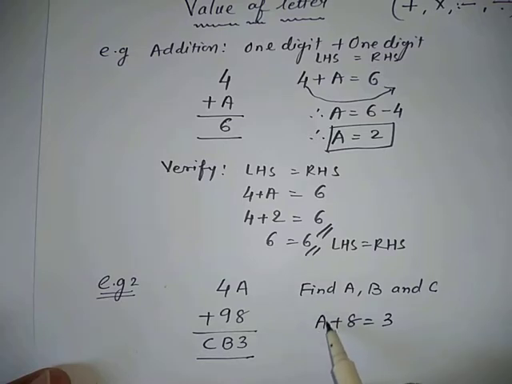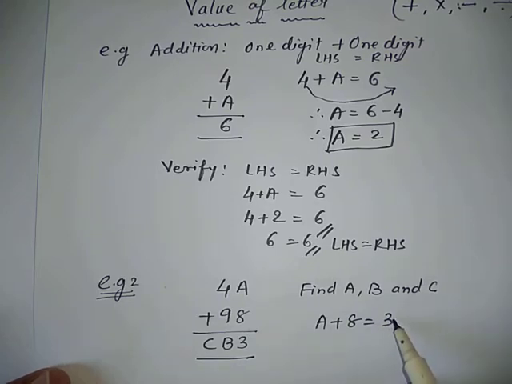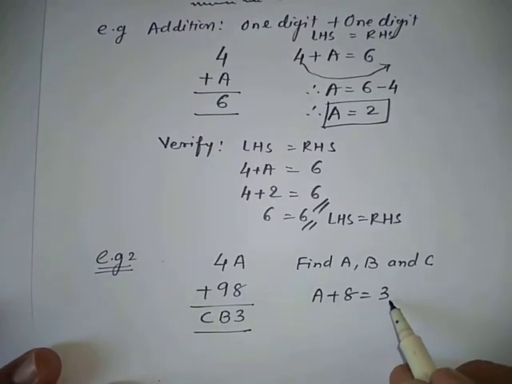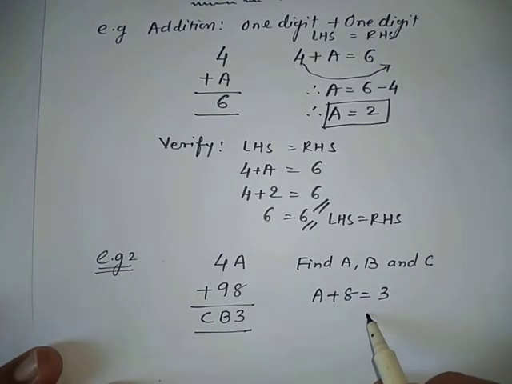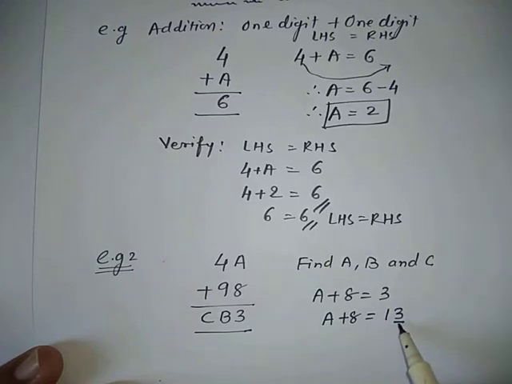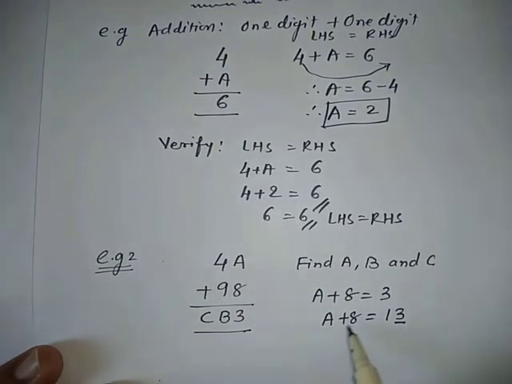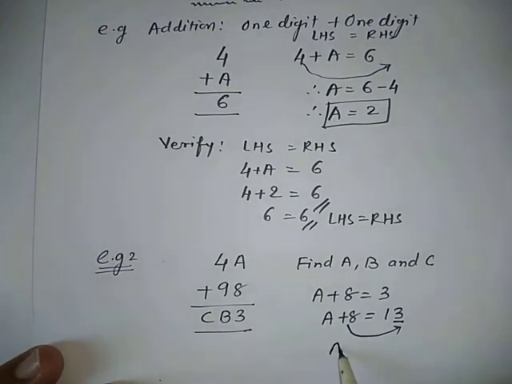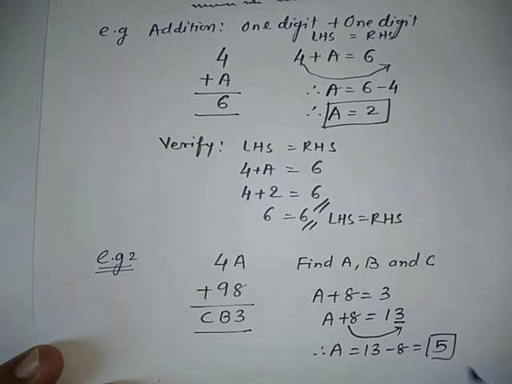But suppose I take the value of a is equal to 0, then 0 plus 8 will be 8, and this is 3. So it is less than what we add the number. So 0 is also not possible. So we assume the next number having unit place digit 3, apart from 3, a 2-digit number, that is 13. So a plus 8 will be 13, and we will have the same number as given, that is 3. And if we do subtraction, we find the value of a is equal to 13 minus 8, and we will get 5.